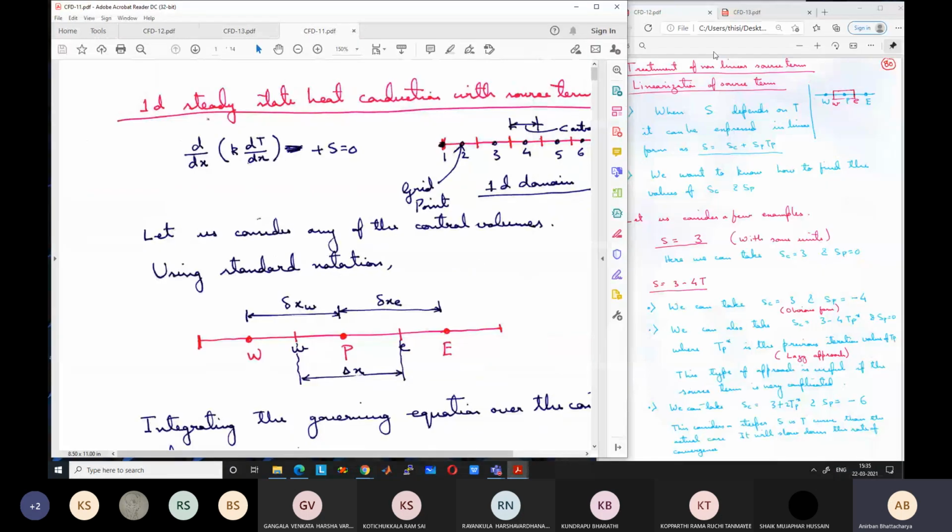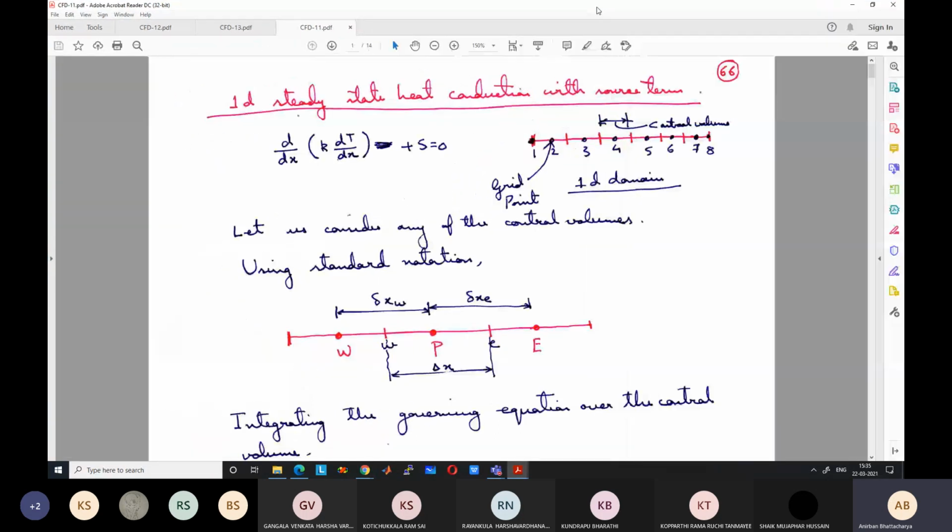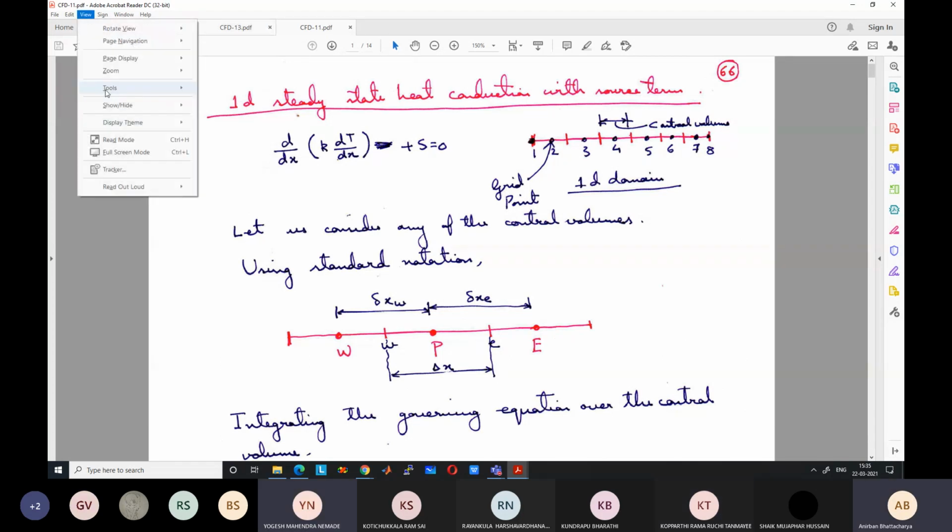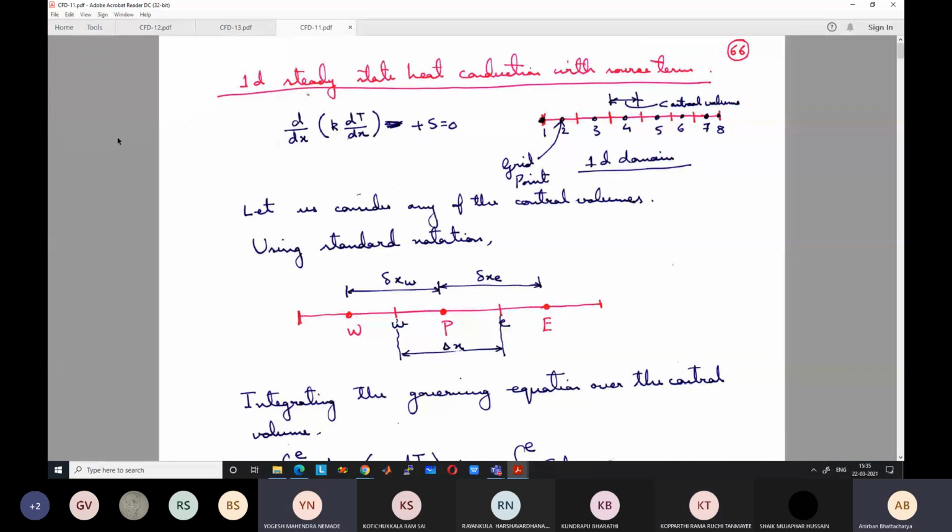So what we are going to do today is continue our discussion from before the midsem, where we had started discussing the finite volume method. Can you see the screen? Yes, sir. Okay. So let us quickly have a recap, because we need some continuity in today's class. Otherwise, you will not be able to connect what we have discussed in the previous class with today's discussion.